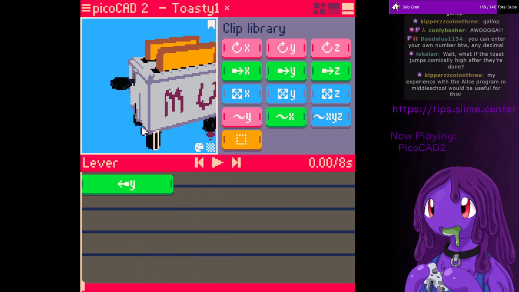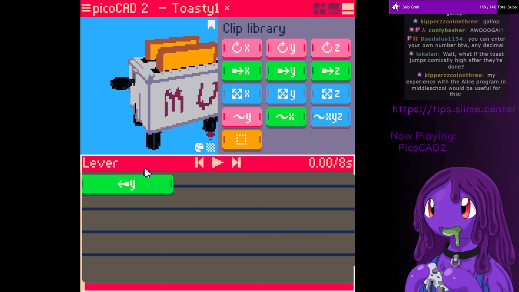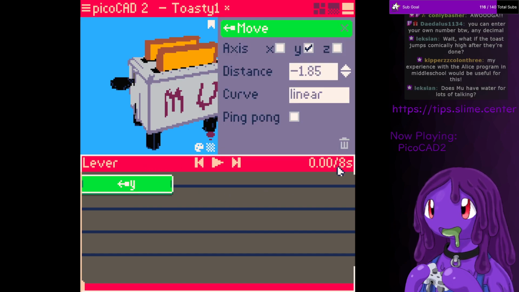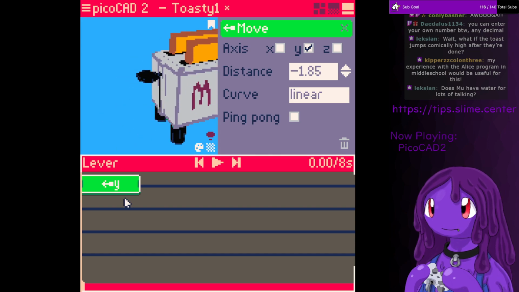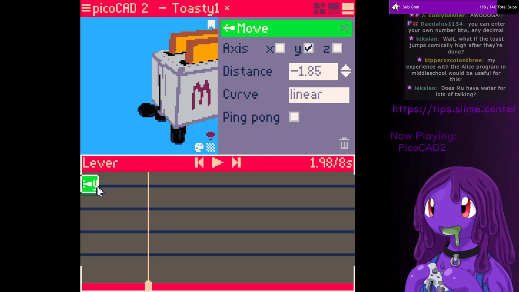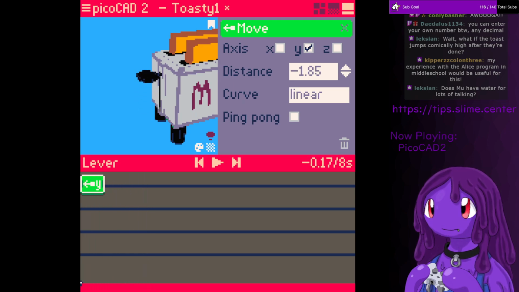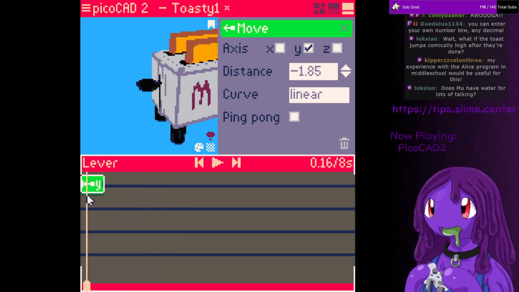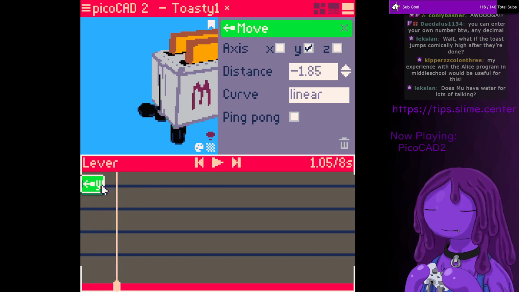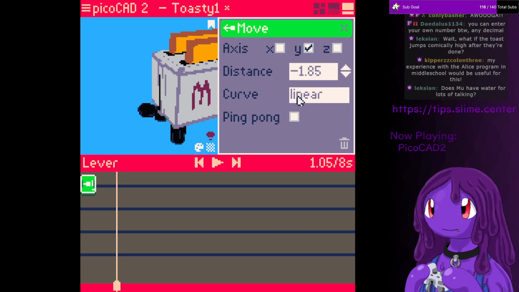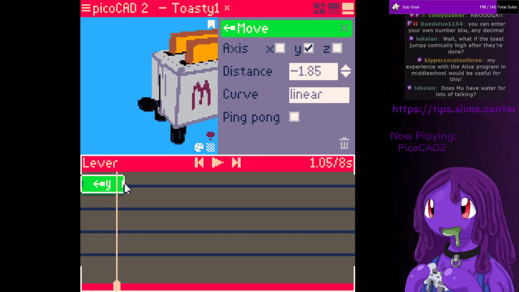I don't quite want the lever to go down at such an incredibly slow pace. And so this timeline, it looks like we have exactly 8 seconds to work with. It looks like this might be another fundamental limitation put into this program. So if we shrink this down, though, that makes it do the whole process faster. Although, before we do that,